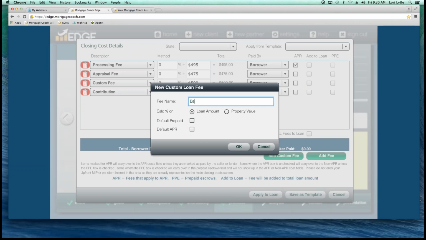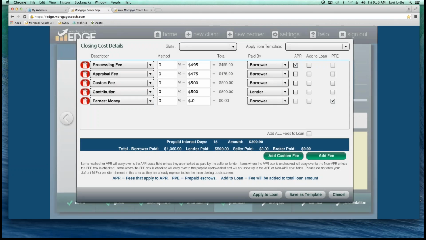let's say earnest money. I want to show you this one because if they did have money and you wanted to be able to show it, it's not a cost of loan, so you would want to mark it as a prepaid escrow fee, so it's not part of that short term. Click OK, and then you could go ahead and place in that amount, but when you place that dollar amount,